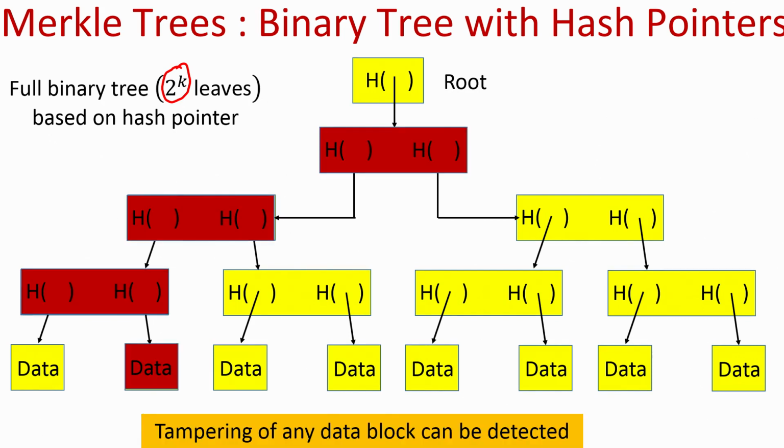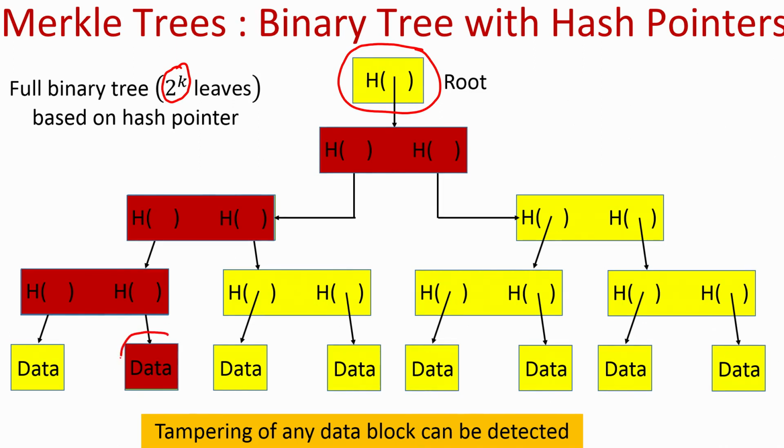As was the case for blockchain or the hash pointer based linked list, any change or tampering of a data block can be easily detected if someone is maintaining an up to date copy of the root hash pointer. Imagine I as a user am not maintaining the whole tree, I am just having the root hash pointer with me, and at a later point of time I ask someone to give me all the data block contents. If that user tries to change the data content, then with very high probability it will be detected, assuming finding collisions in the underlying hash function is difficult.